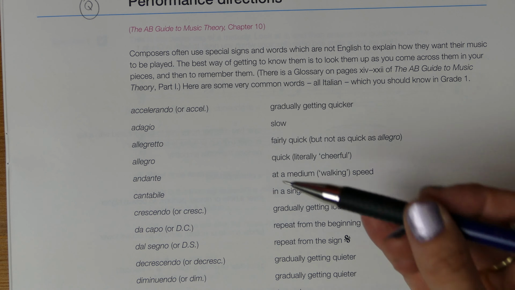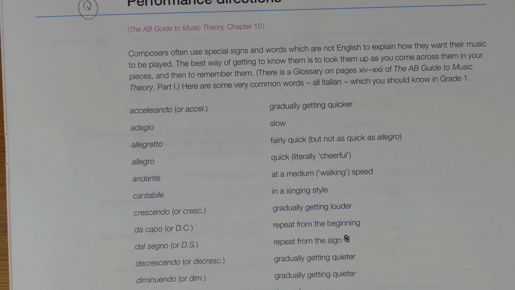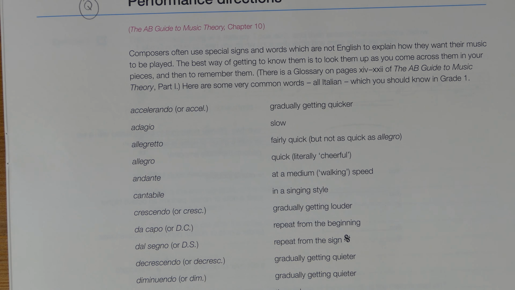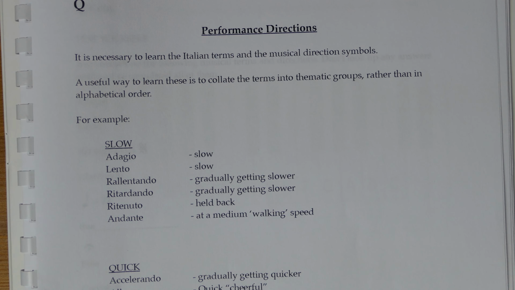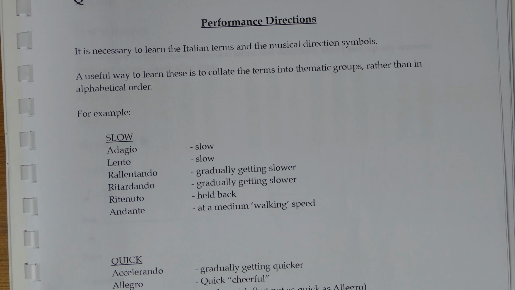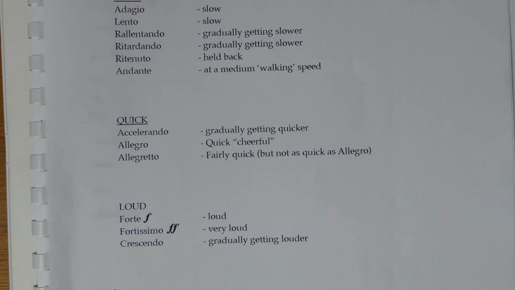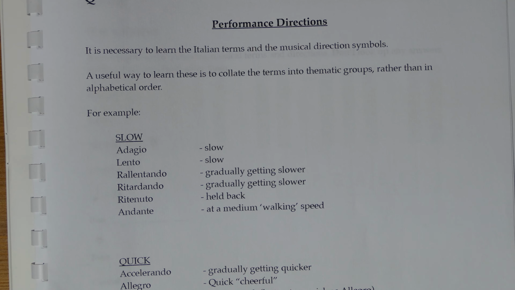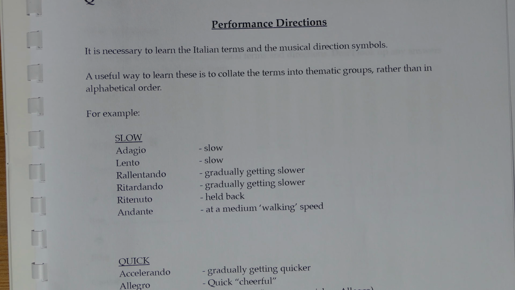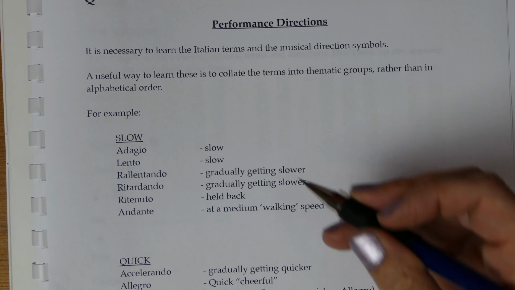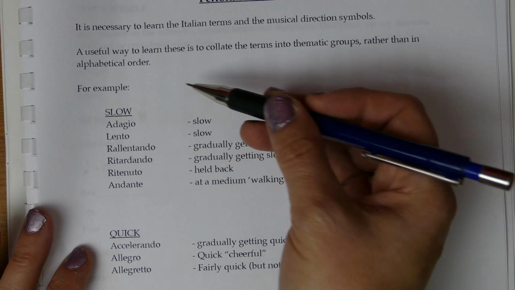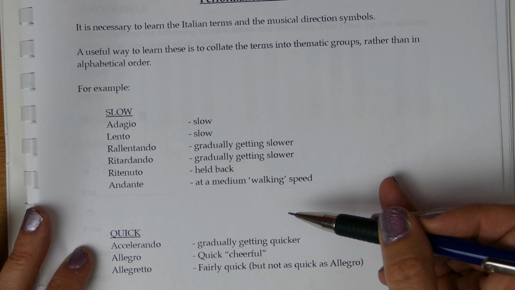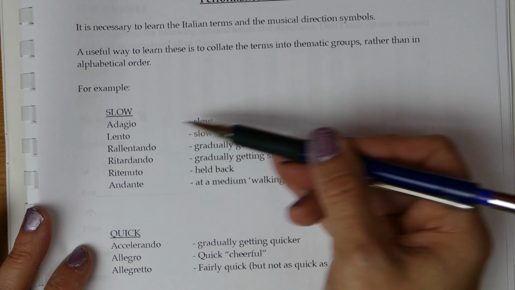And so I would go through the whole list over these 2 pages, pages 27 and 28, and collate them in thematic groups. You can even colour code it, whatever it is that helps you best to remember how to learn these. And when you feel like you've got them going, I often play hangman, a little word game, play all sorts of word games and get people to test you so that you get a really good working knowledge of these. For example, in this slow group you may want to include adagio and lento, which both mean